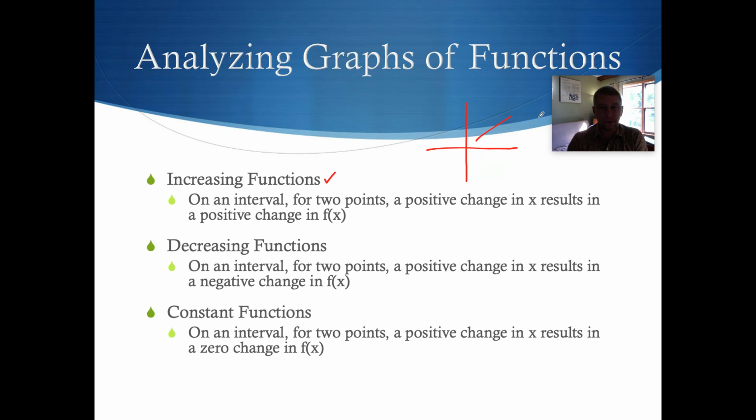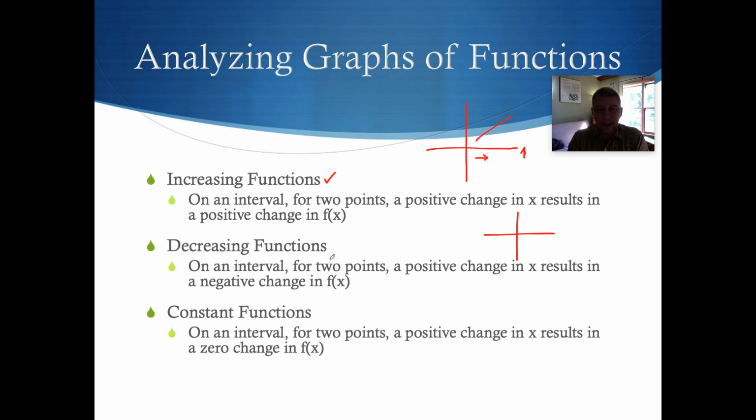On an interval for 2 points, a positive change in x, meaning that we're moving to the right, results in a positive change in f of x, meaning that we're moving up, all right, which gives us a function with a positive slope. On the other hand, a decreasing function is not just the opposite, but on an interval for